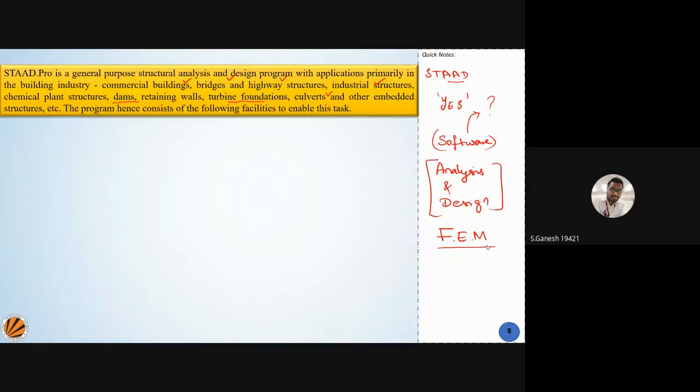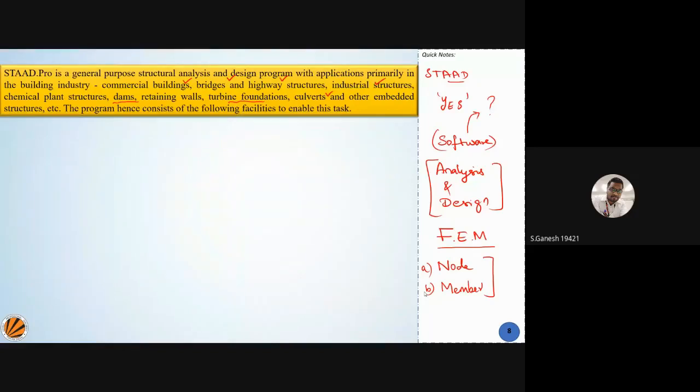It is working on a node and an element that is called a member. So it works on two basic principles: one is node, another one is member. When you work on this software, you create a node, you add a beam. That is the basic concept of FEM.